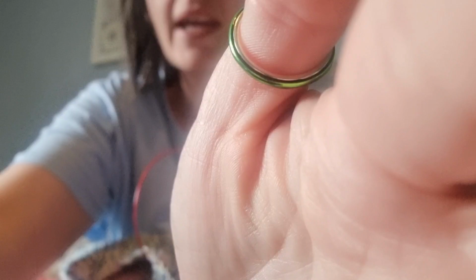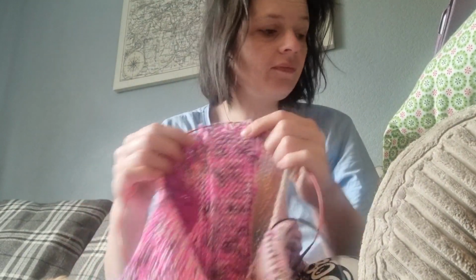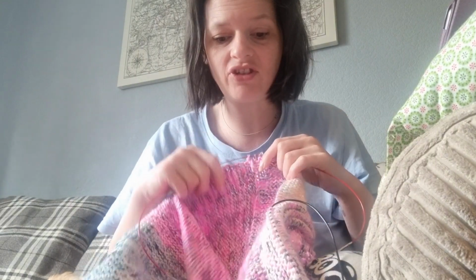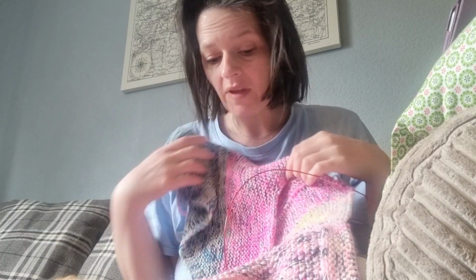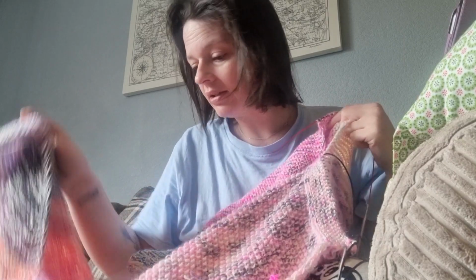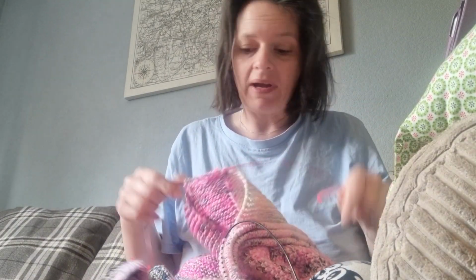But oh my word. So now I'm going to have to attempt, this is where it's fallen off, and I'm going to have to attempt to get this onto here and pick up the stitch at the same time. There's so many on hold. Excuse me, I'm in my pyjamas. There is so many on hold. But the holder isn't anywhere. So I need to put this back onto